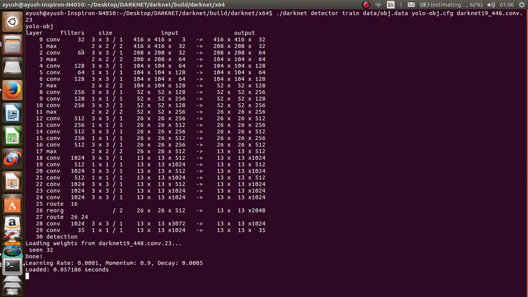There is padding of 3x3, sliding over input images 416x416, and output like this. So here the learning rate is 0.001, momentum is 0.9,